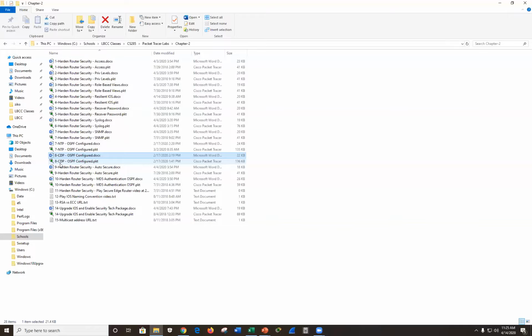A rogue switch or device could get onto the network with CDP. Yeah, exactly. You can start saying hello, and then routers and switches will say hello back to you, and then you say, can you please share this piece of information with me? And then they'll say, sure, here it is. Well, that has security implications. It has benefits. It's always a mixed bag between benefits and negative consequences, and you want to balance that. And if you don't need it, turn it off.